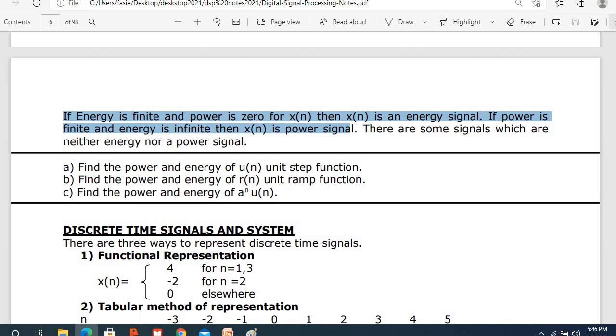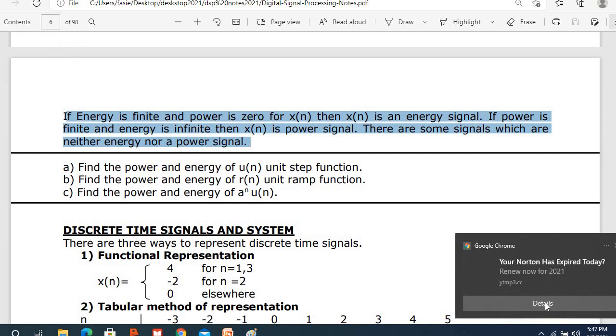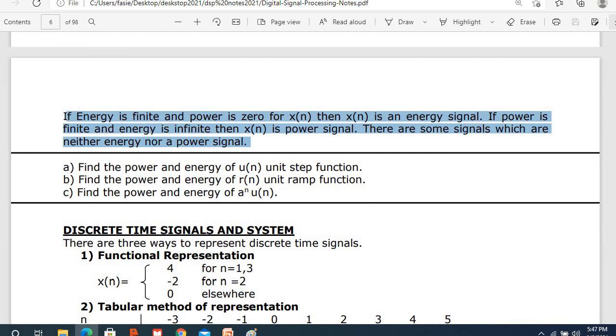They will give you one particular signal and ask you to determine whether it is an energy or power signal. So we have to put in the value of n and get the answer. If the energy is finite, suppose you get a number like 1, 2, 3, 4, 5, or even in decimal points, it's no problem, but the power needs to be 0. If it comes in that format, then that signal belongs to the energy signal. Whereas for the power signal, the energy must be infinite, in the sense that you get a 1 by 0 form. 1 by 0 is called infinity, and that signal is considered to be the power signal. Clear? So based upon these two parameters, you will decide whether the given signal is an energy signal or a power signal. We need to know it, learn it, and practice it.